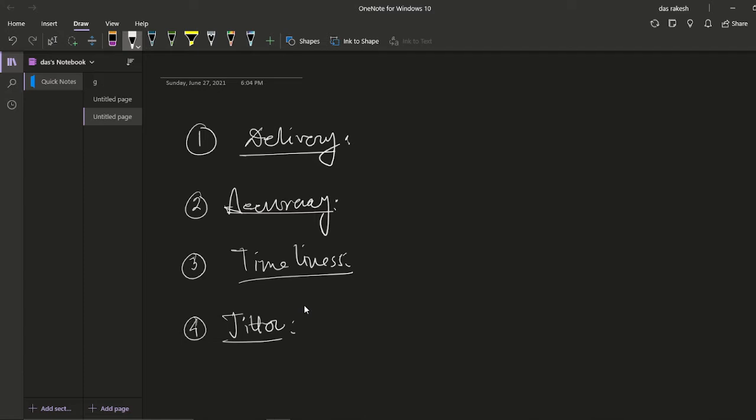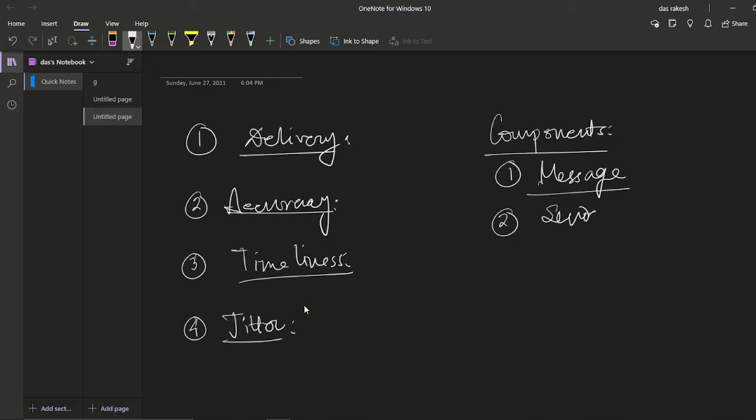Now we discuss the basic components of data communication. First of all, the message. The message means the information or the baseband signal which is transferred from one place to another. Second is the sender. The sender is also known as the transmitter, or TX, which sends the information from one place to another. Third is the receiver, also known as RX, which receives the information.